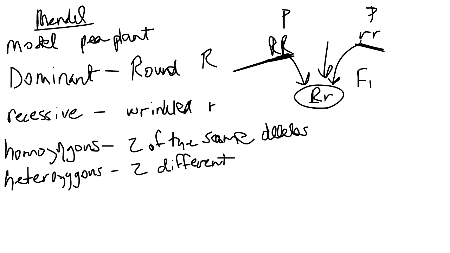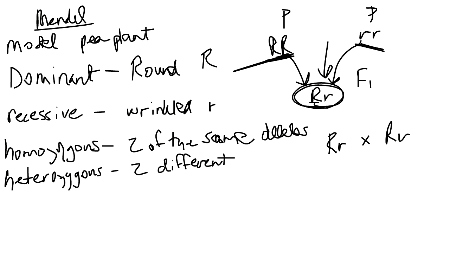Okay, but what he said is, when you take the F1 generation and you either allow it to self-pollinate or you cross two together, you then are able to see both round and wrinkled seeds. So if we take F1, we say, okay, we're going to cross big R, little r with big R, little r, and by the way, this would be what we would call a monohybrid, mono meaning one trait, hybrid meaning one of each, right? One dominant, one recessive, monohybrid cross.